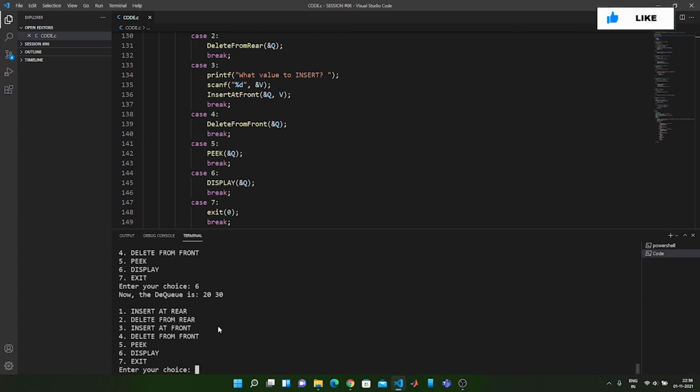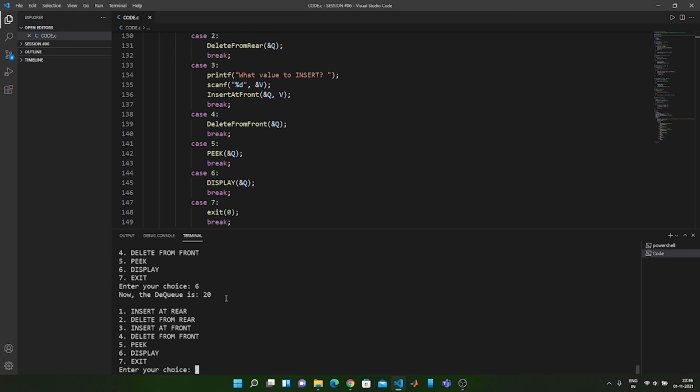Now let us see what is the front element. For that I will have to make use of the peek function. So the front element or the peek value is 20, because previously 20 was occupying the place at which the pointer of front is located. And now let us finally display the content of the DQ after deleting from the rear once again.